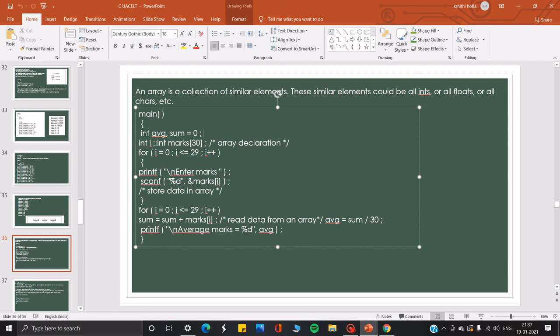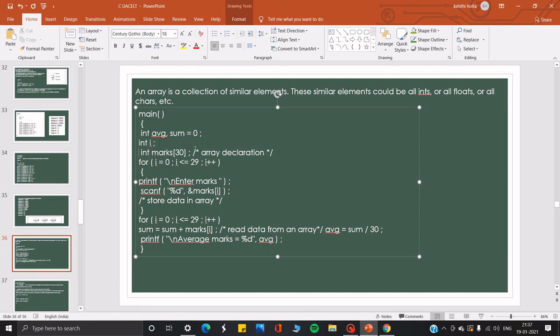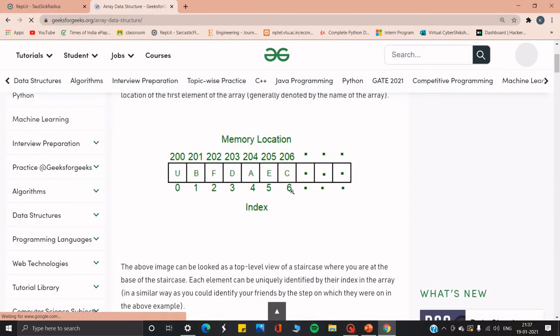So int i, and you must write int marks[30]. 30 is the maximum number of elements you can write in an array. Since we are counting from 0, if there are 7 indexes in total, 1 2 3 4 5 6 7, but we are taking it from 0, so the last is 6.